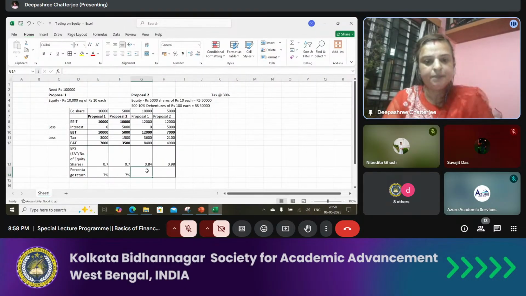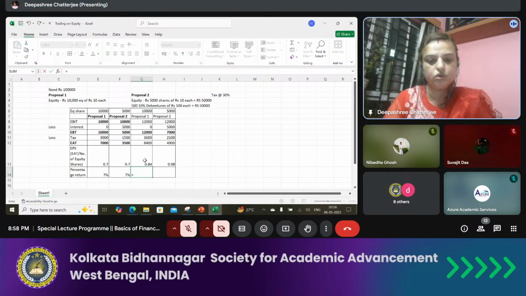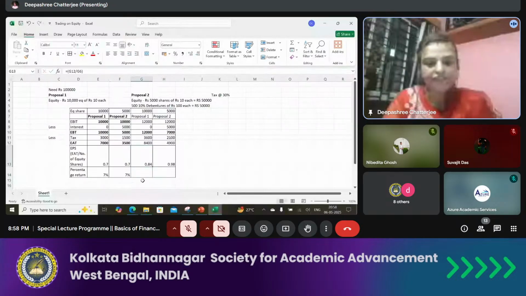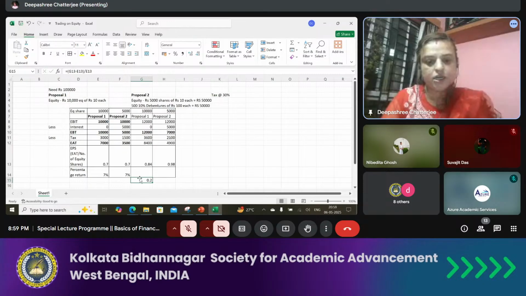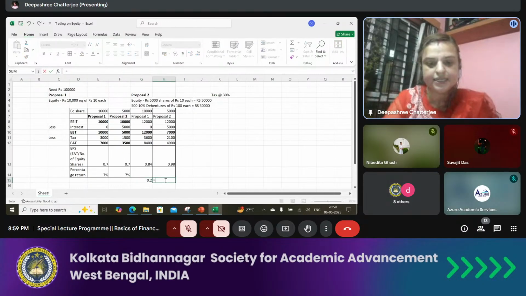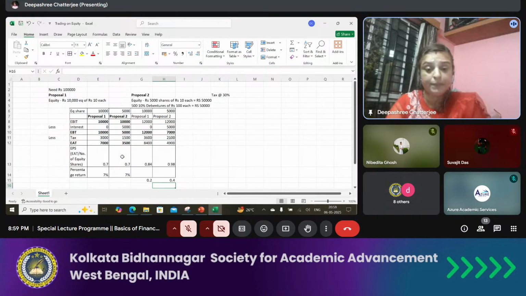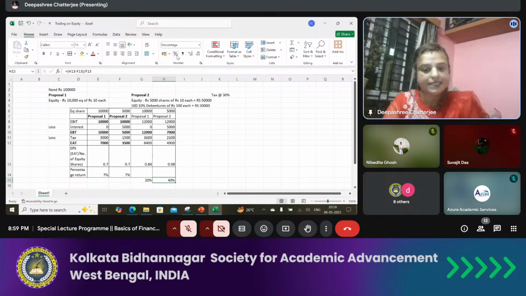So, what will be our percentage return? Equal to 8.4%. Yes, it will be 8.4%. Now, if we want to find the difference in the percentage return, how will we find it? This minus this divided by this. Let's see. This is 20%. And what is the percentage return here? It is equal to this minus this divided by this. What is the percentage return here? Oh my God, 40%. So you can see here that the percentage increase,